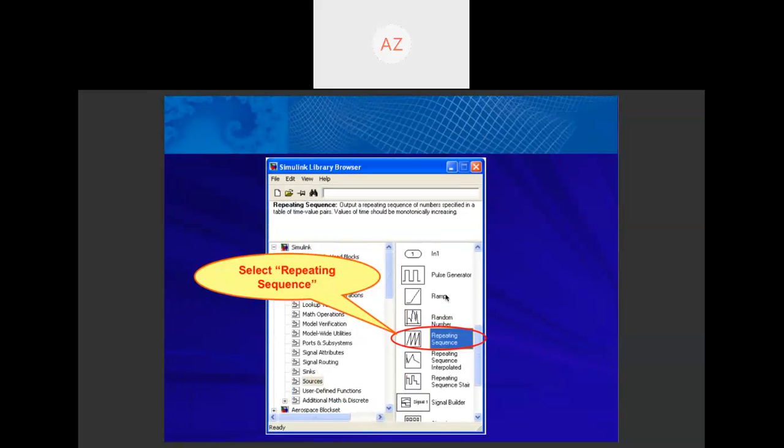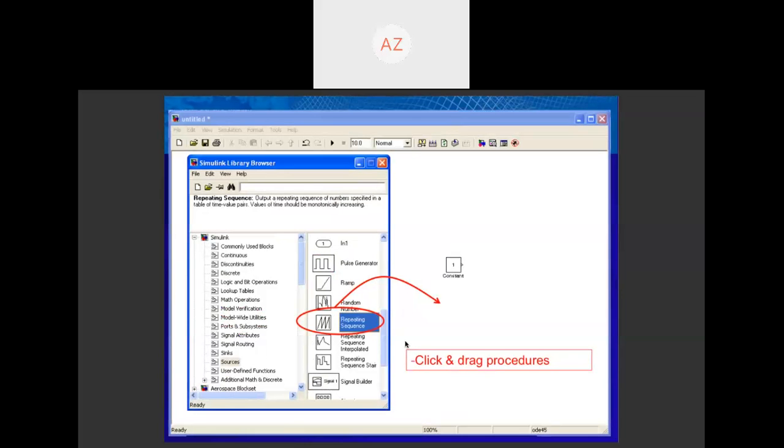Again, at the Simulink library browser, still at sources, select the repeating sequence block set and just perform click and drag.